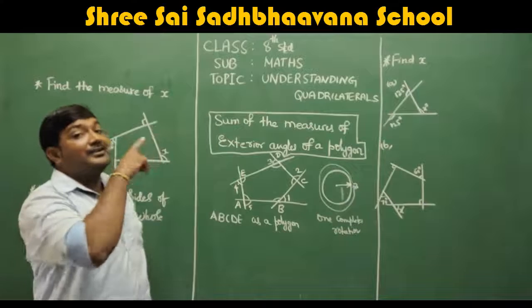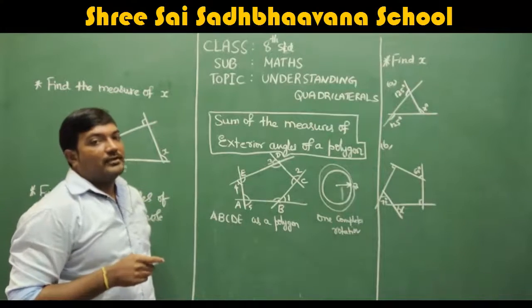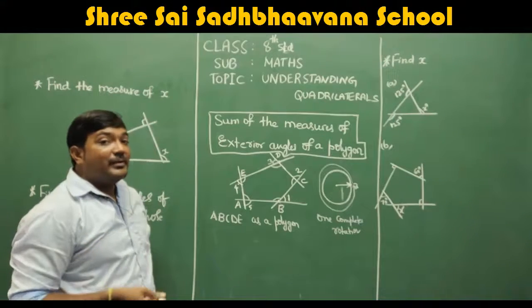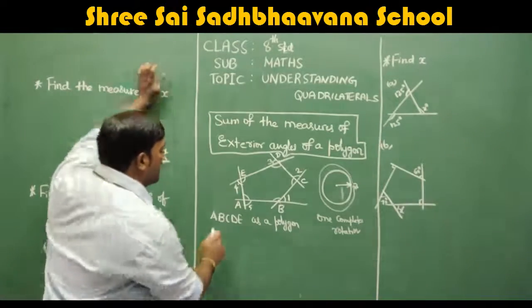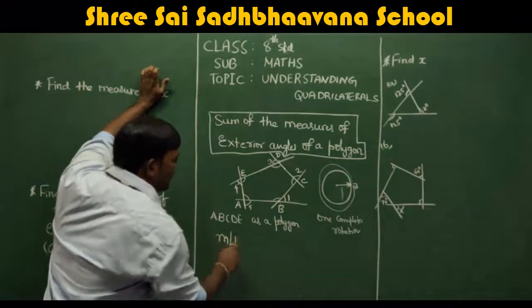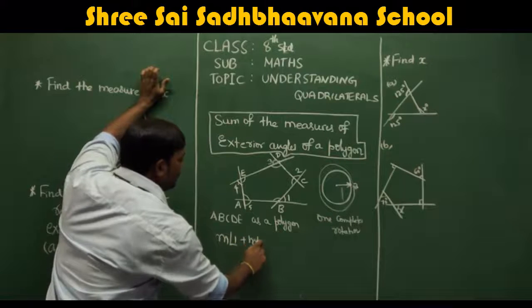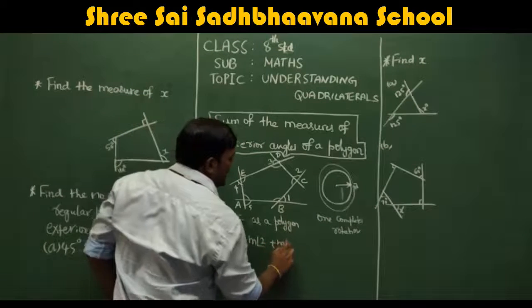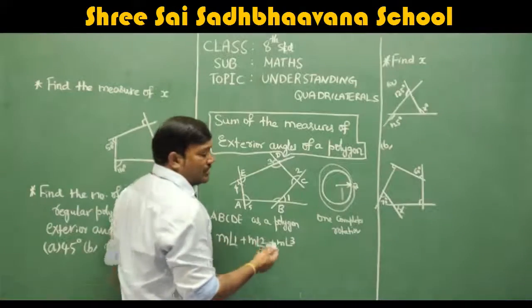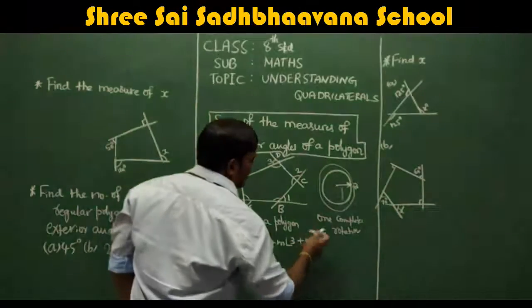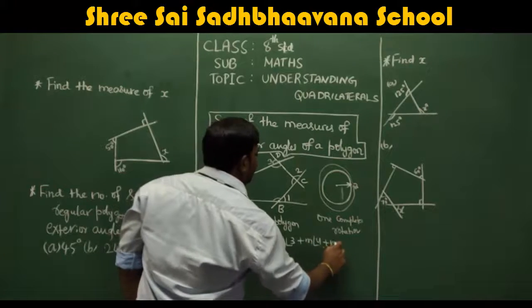You completed one complete rotation, correct? So how much angle will it make? It makes 360. We don't know the individual measures. For example, the measure of angle 1 plus the measure of angle 2 plus the measure of angle 3 means we don't know the angle measures. It may be 60 or it may be 300. We don't know that. Measure of 4 plus measure of 5.